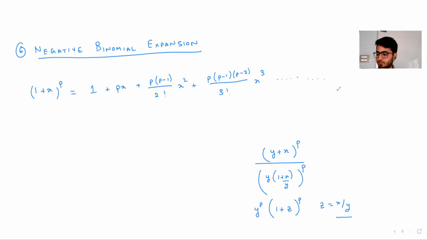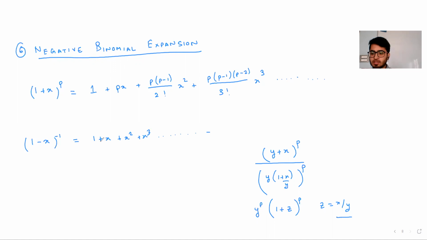A few special series from this are very important to remember. The first is (1 minus x) to the power minus 1, which is nothing but 1 plus x plus x square plus x cube, and so on. Again, you can very easily do this. One way of doing this is,